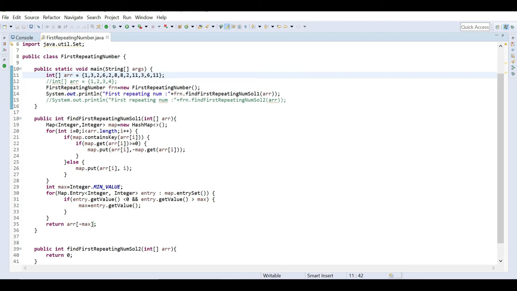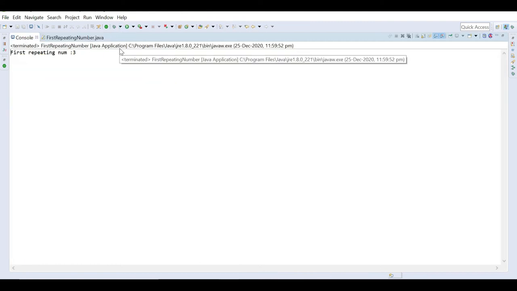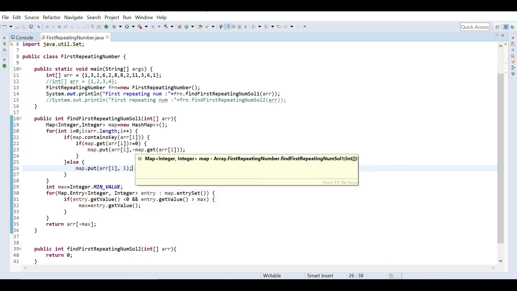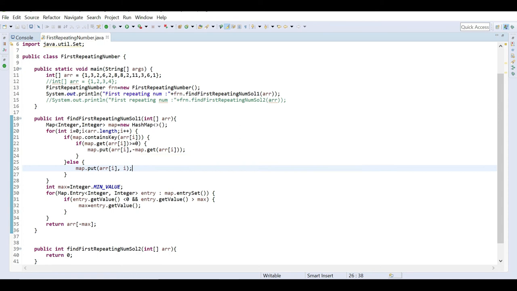Now what we can do is repeat the first element. So instead of 11 we can make it 1. Then if we check, that time also it is giving the result as 3. Actually it is wrong, because 1 is the first element which is repeating. But what mistake did we make? The mistake is that if 1 is repeating, we are making it minus of this thing, but actually minus 0 is 0 again, right? That is why the value is not coming properly.